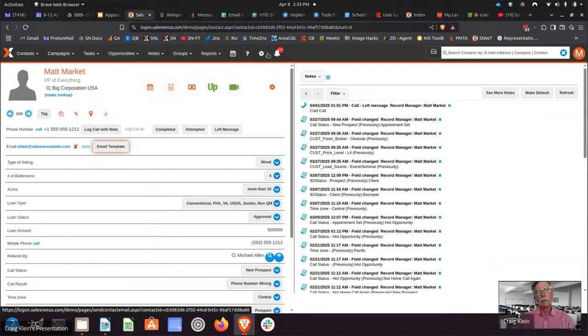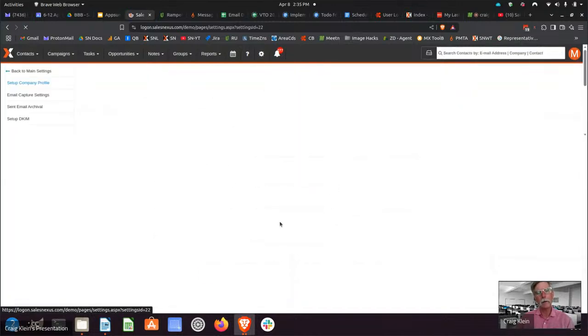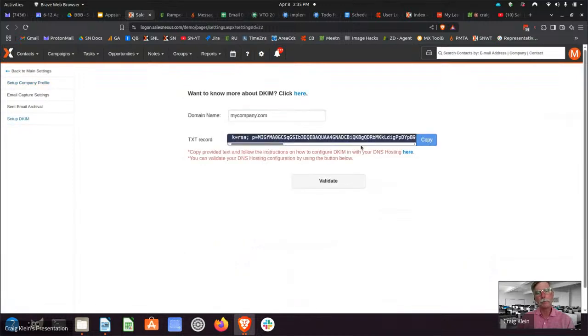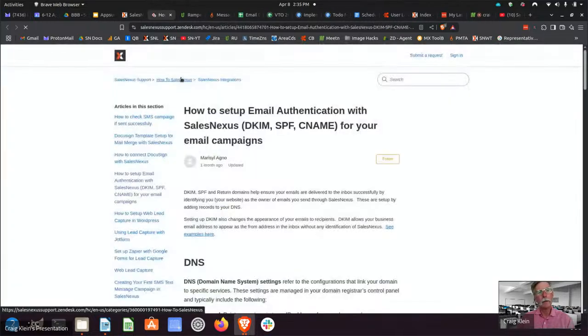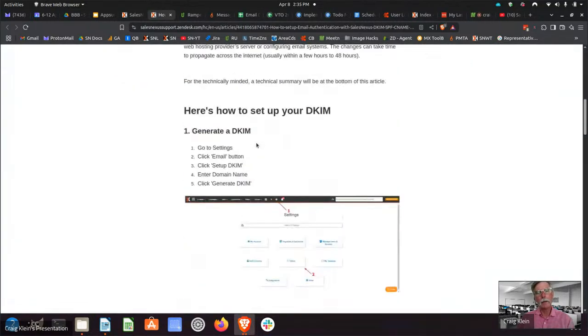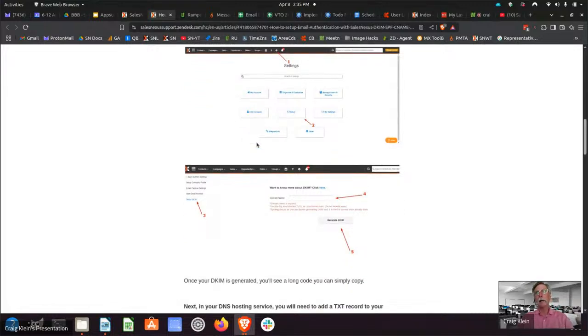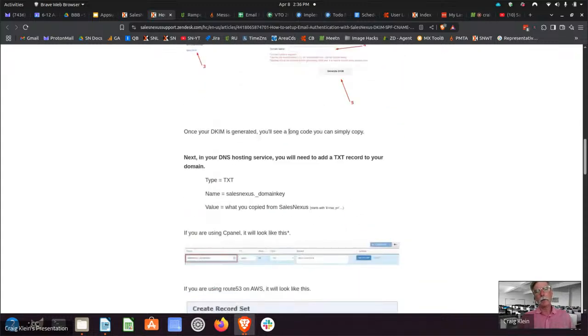So the setup for the DKIM is you go here to settings, email, and set up DKIM. You put in your domain, and then you hit validate, and it'll give you this little code, which you copy. Then you click here, and you get a step-by-step guide. You log on to your DNS where you registered your domain name, and create a text record